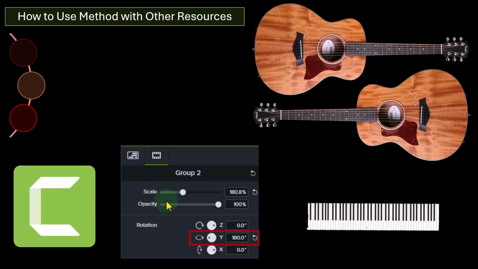So how to use the method with other resources. You might say, hey, look, that's fine, but I don't want to do that because other resources, all the other teachers out there, nobody else does that. And so I want to learn it this way where I'm looking at the guitar because that's the way everyone else does it. Well, I would argue that if you learn it as easily as possible with the orientation in